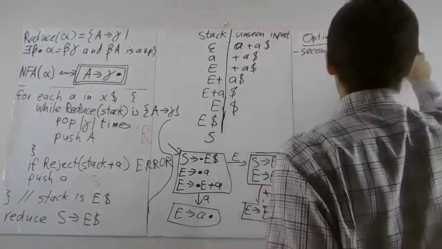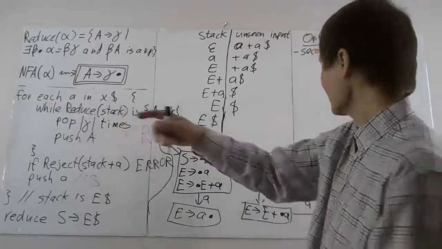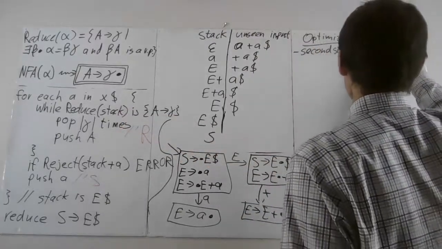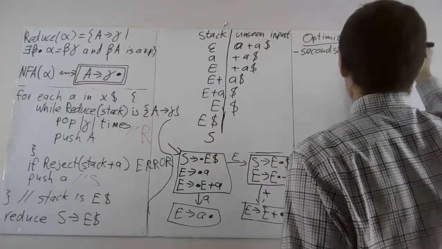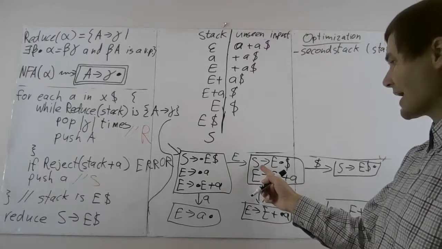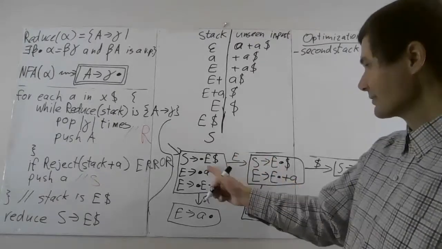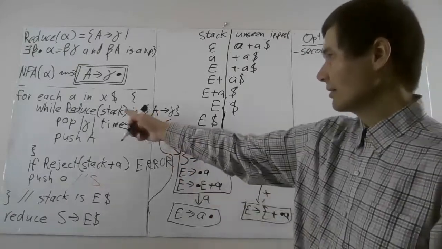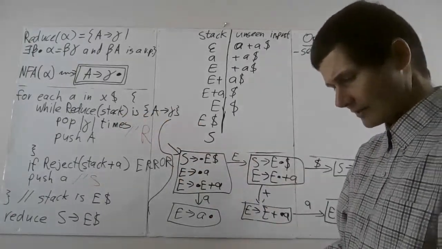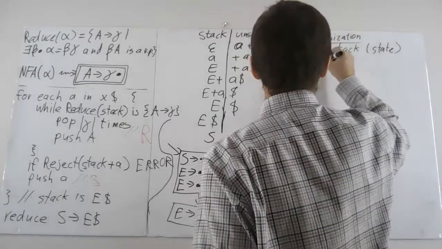The symbol stack is the stack with the symbols on it, the one we already have. And the idea is that the state stack keeps track of the DFA state that you end up in after running the DFA on the symbol stack. So we're going to maintain this invariant: